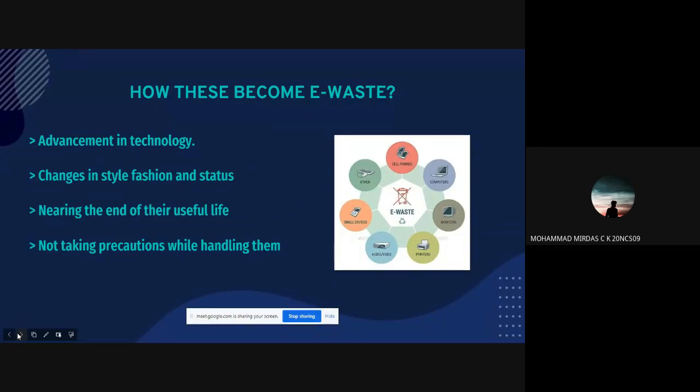So here are some advantages of recycling: asset recovery, reduction of the need for landfills, reduction of junk and clutter, resale and reuse, and creation of jobs. And the last one: the best method to decrease the problems caused by e-waste is to recycle them. Some of the processes done during recycling are